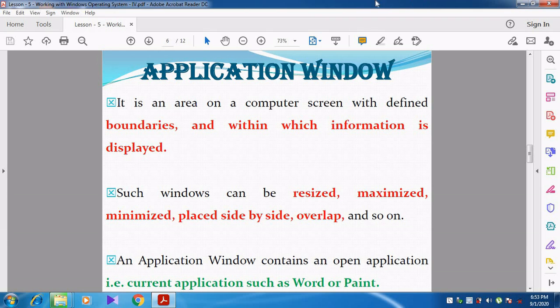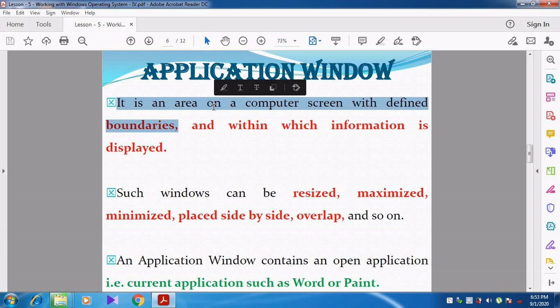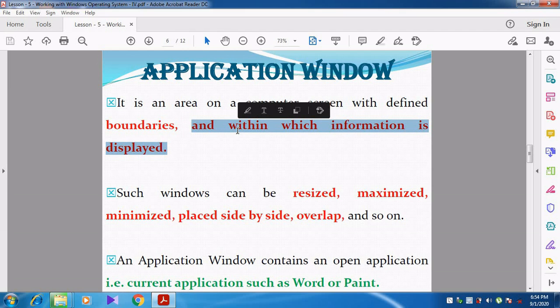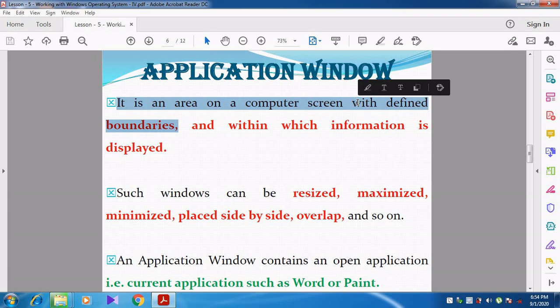So what is meant by application window? It is an area on a computer screen with defined boundaries, within which information is displayed. Boundaries means that is the end of the window.